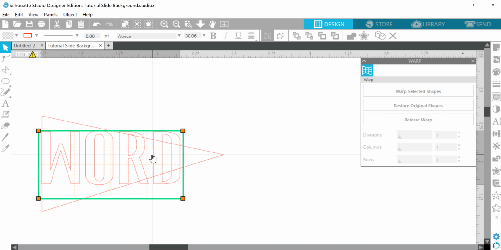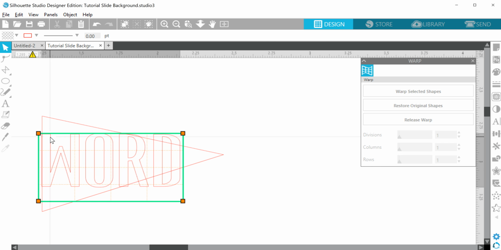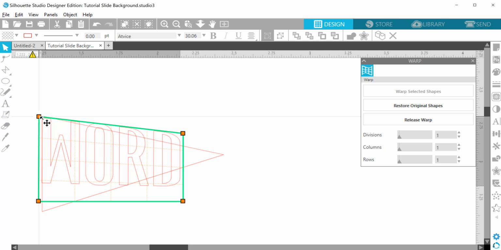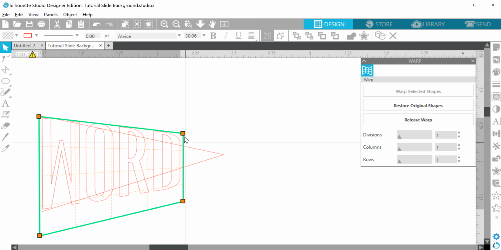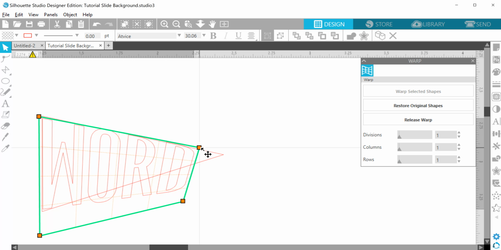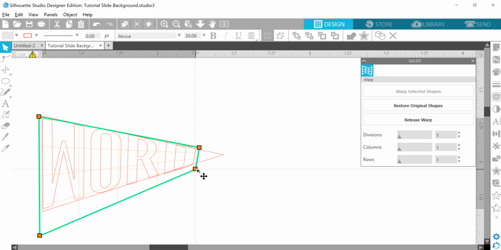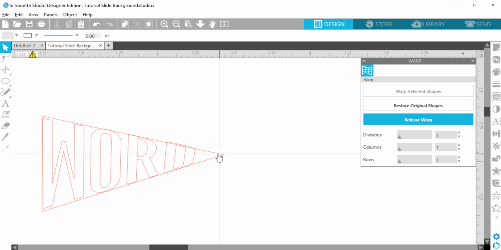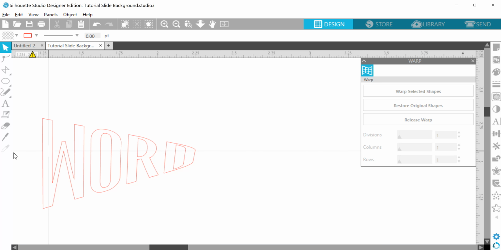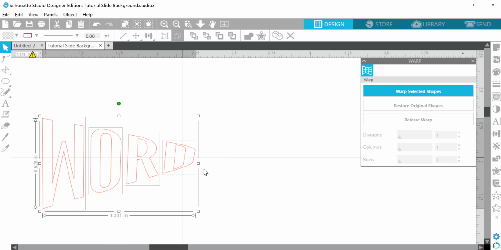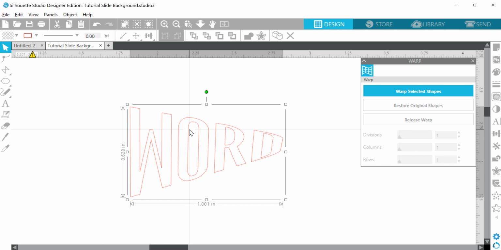Drag my word over into my pennant shape, grab my orange handles and use those to adjust the edges of the word into the shape of the triangle. And then once you have that the way you want it, you're going to release the warp. You can keep or delete your shape, whichever. Select it all and make it a compound path,